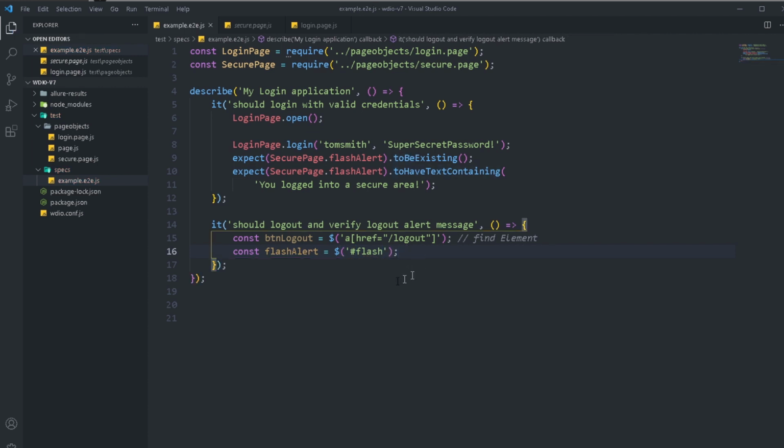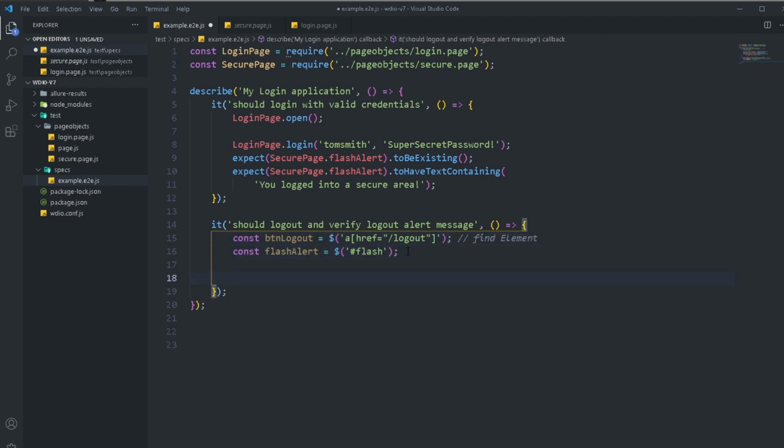Now, if you notice one thing, I haven't told WebDriver IO that it needs to find this element using a CSS selector, or using an ID. The way WebDriver IO is set up, it is smart enough to know that we're trying to use a CSS selector here, and an ID over here. So we don't have to do something like find this element by ID, by XPath, or by CSS selector. WebDriver IO will automatically figure this out by itself, and all you have to do is pass in the string, the value for that particular element. And we can see this in action once we start running this test. So we have already added our elements here, which is good.